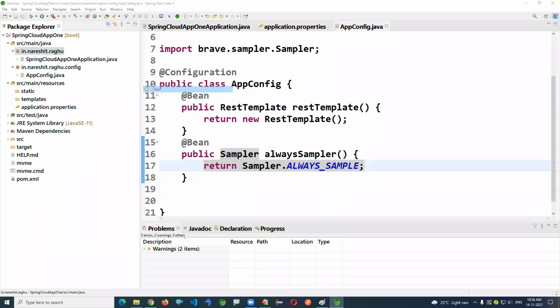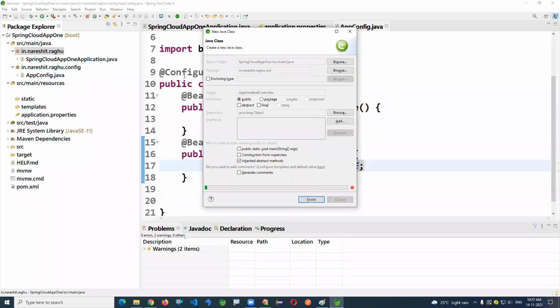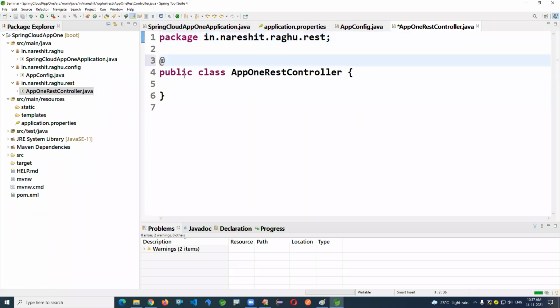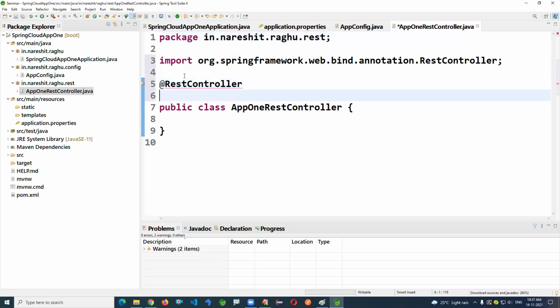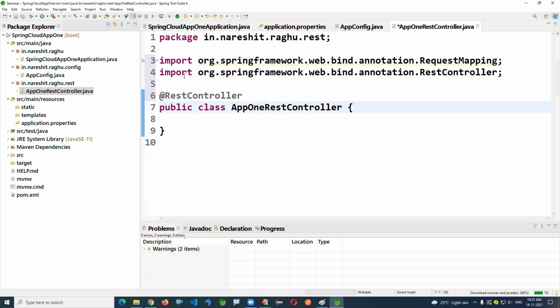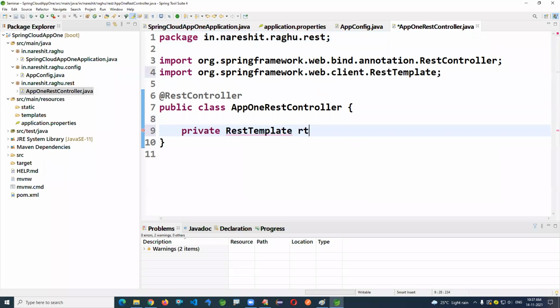It's the app1 REST controller. Request mapping here. REST template architect.